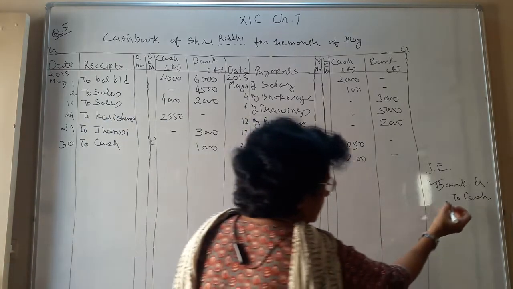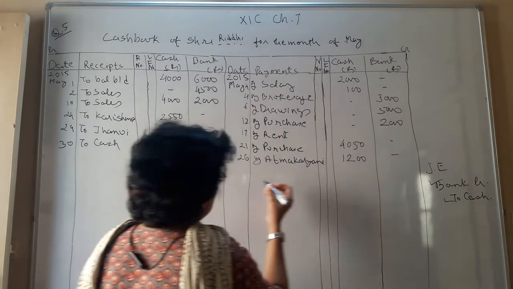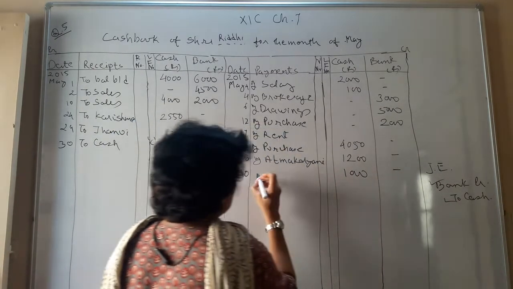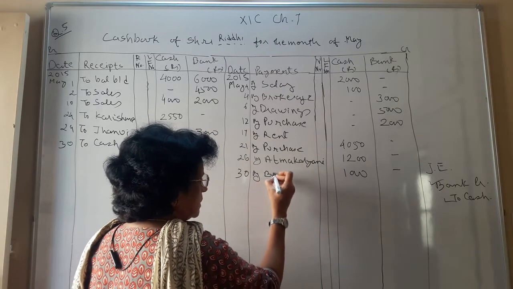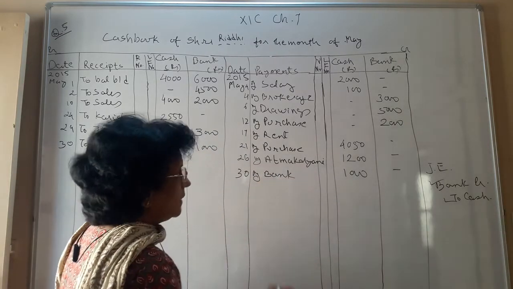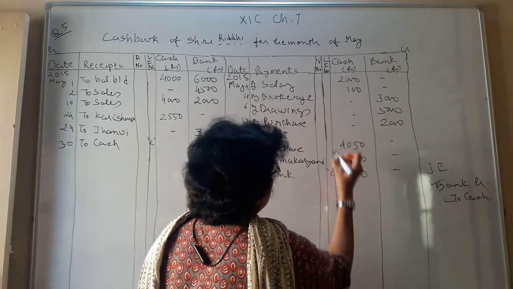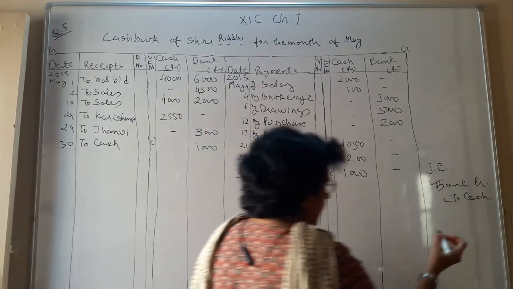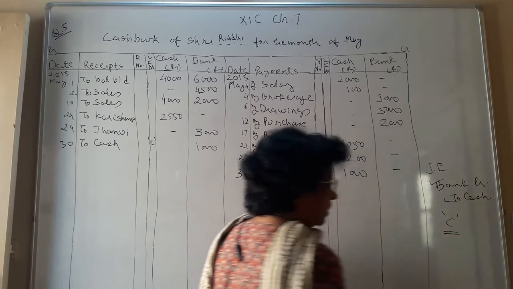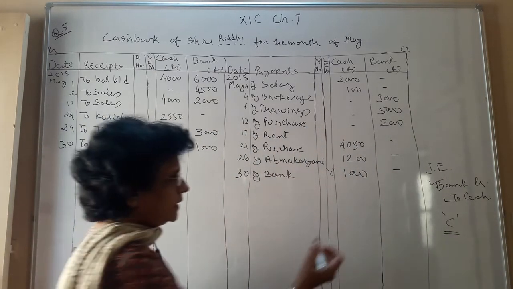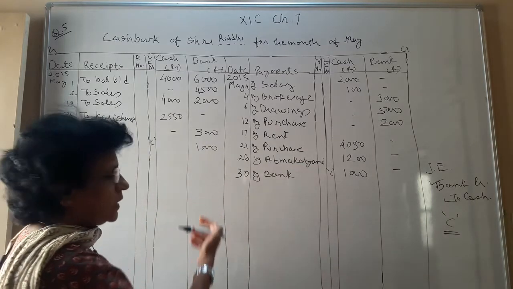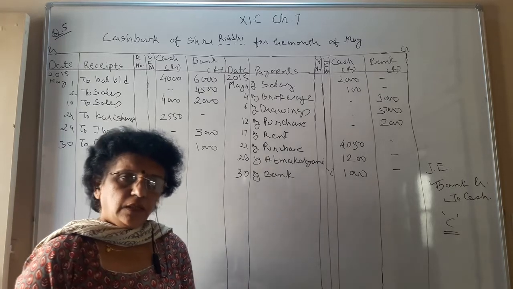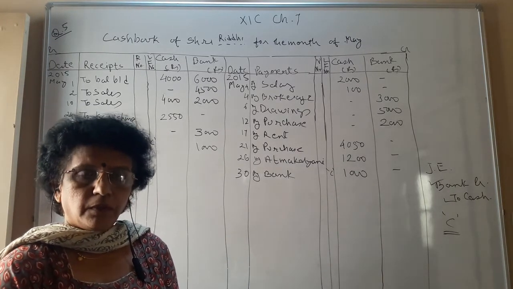Now let us do the second posting, the second posting to cash account. So on the 30th, your cash goes out of the business, 1000. Why does that cash go out of the business? Because you have deposited into bank. And to indicate that this is a different entry, in the LF column, you have to mention the alphabet C in inverted commas, that this entry is a contra entry, which you find on both the sides of the cash book. So contra entry is possible when you deposit money into bank or when you withdraw money from the bank.